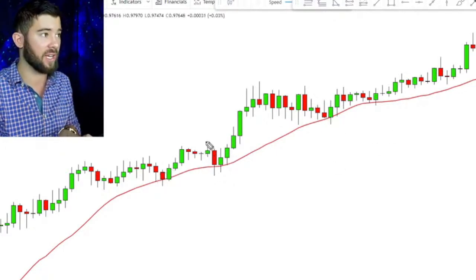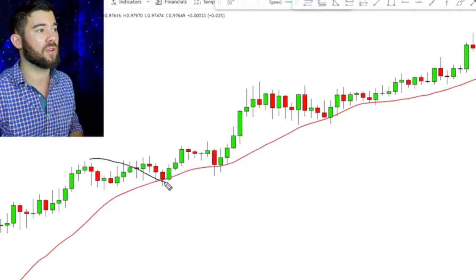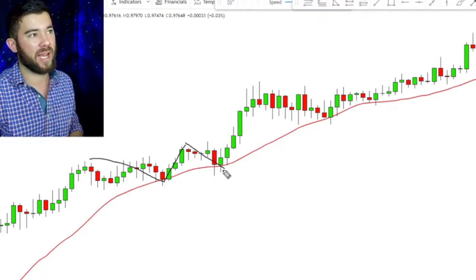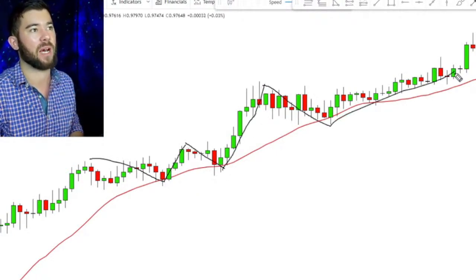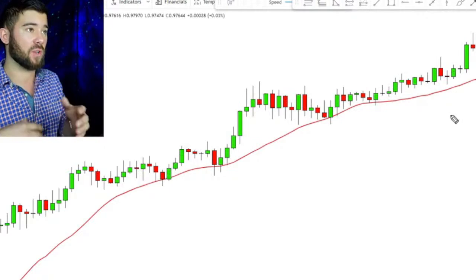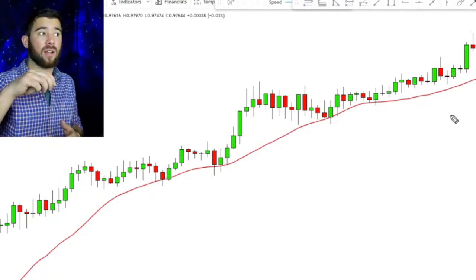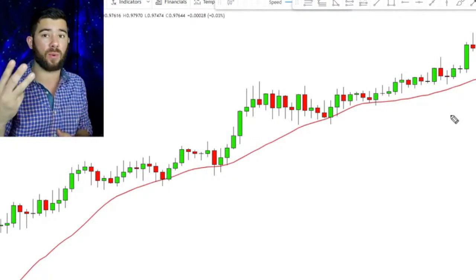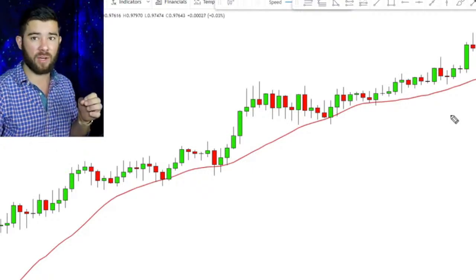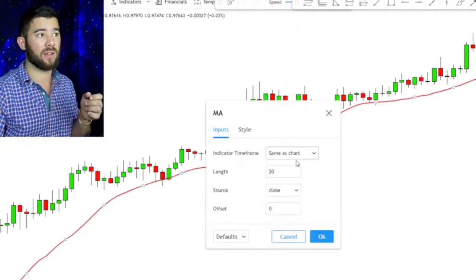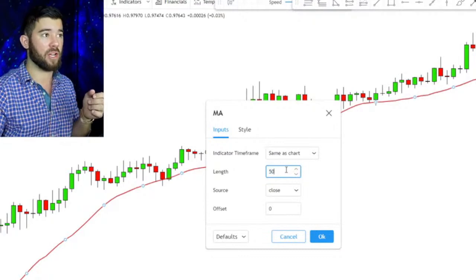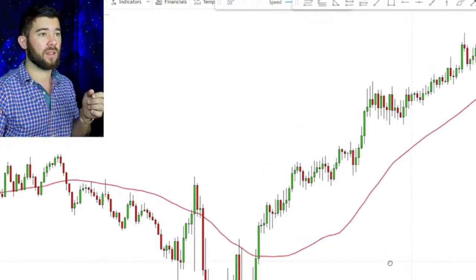As you can see on the chart here, when the market pulls back to that moving average, we get a pop out of it. Pulls back, gets a pop out of it. Pulls back, gets a pop out of it. Now, in terms of using moving averages for identifying areas of value, there are only three I would use, and that is the 20-period moving average we have right here, the 50-period moving average that we have right here,